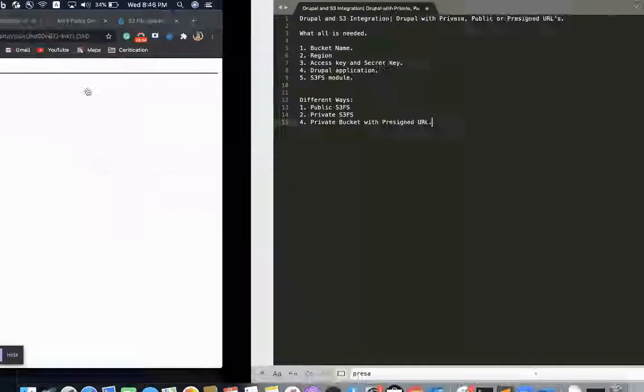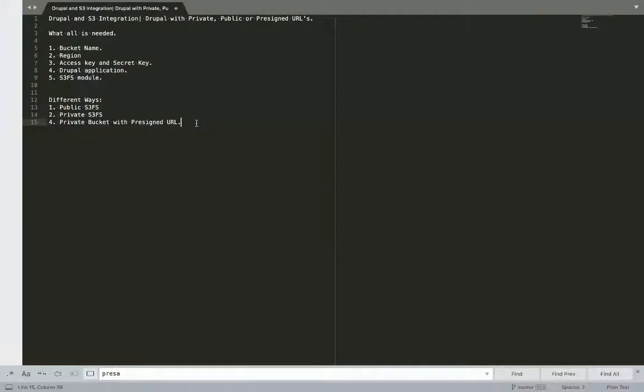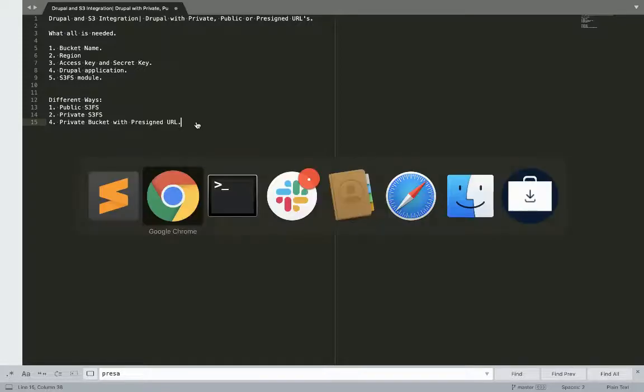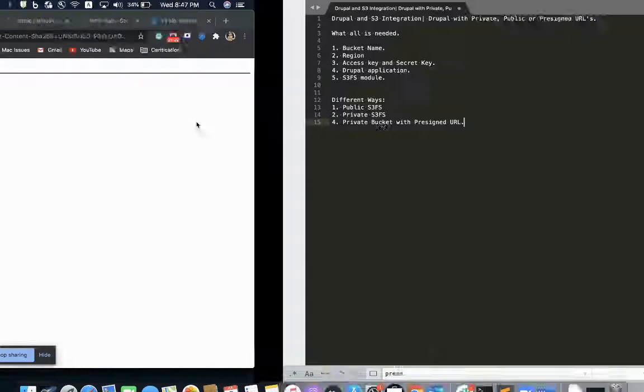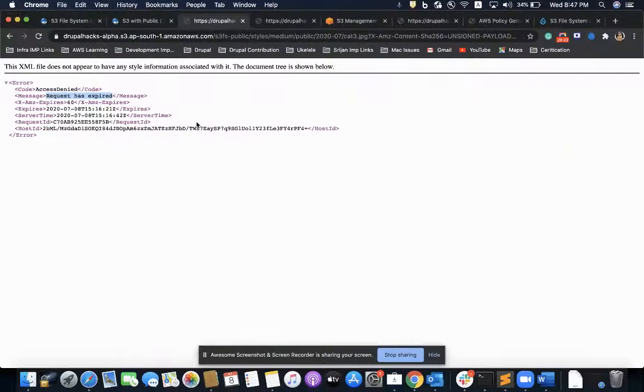So from this method I have two advantages. I can access the objects of a private bucket. I do not have to grant public access to my bucket, and even then I can access my images. Also, I have the feature of giving access to my objects or images for a limited time. After that time the request would expire and the user would not be able to access the image. So these are the ways which I have found that were not available through a blog or video. So this is it. Thank you.